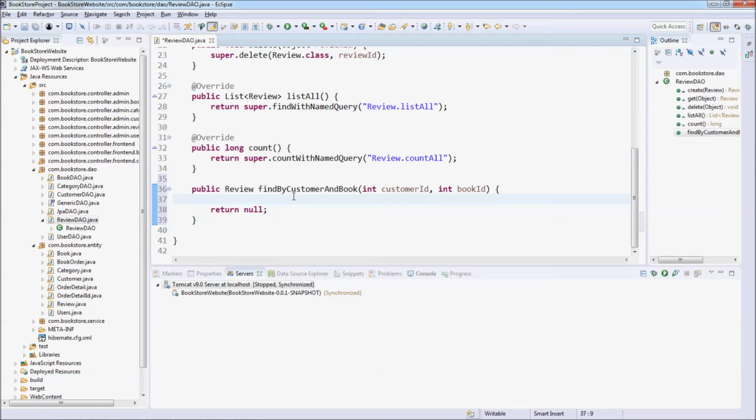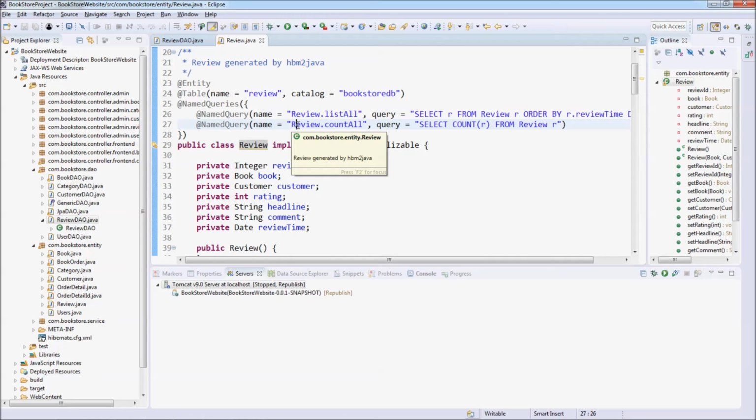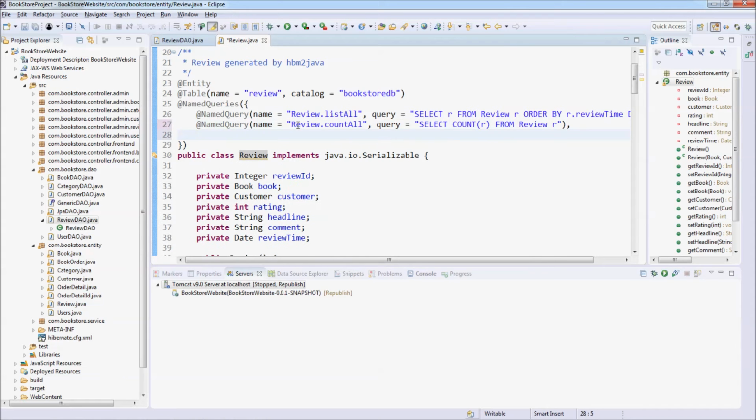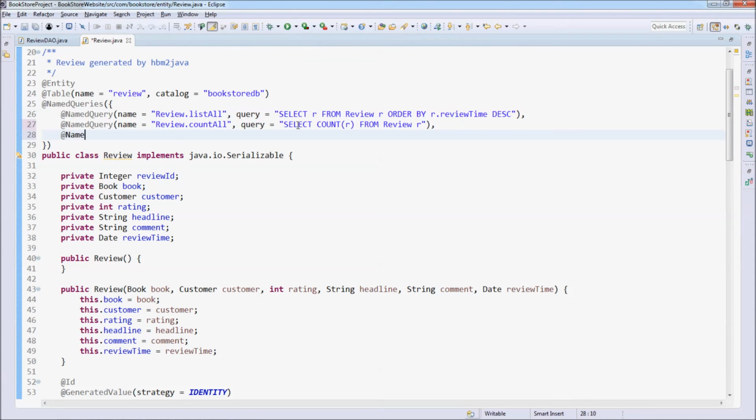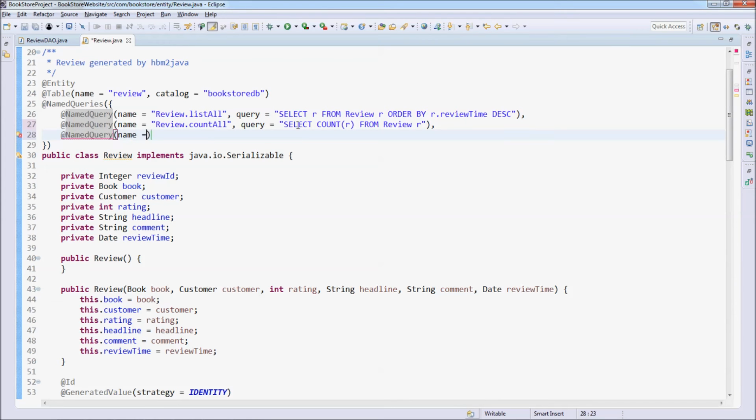And we need to create a new named query in the domain model class Review. Click here and write a new named query here. Named query. The name of the query